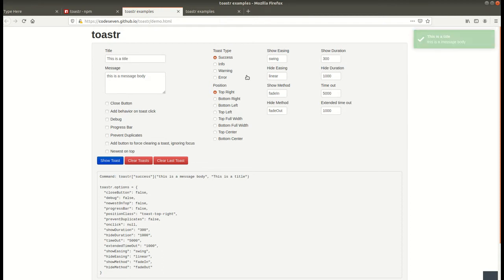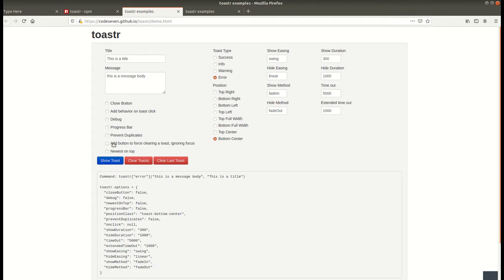We can also use different types of toast like info. Show toast. Then it will show the info toast. Then after, similarly we can see warnings and errors in this way. Also you can change the position of these toast messages, like bottom center, so it's showing here. So that is how the toast notifications are actually going to look.